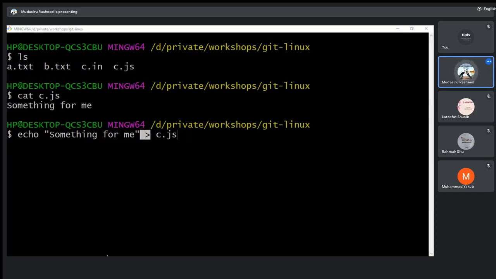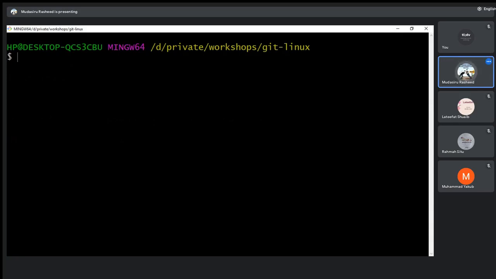So, we all know that Git is like a local repository of GitHub. Let me clear my screen.